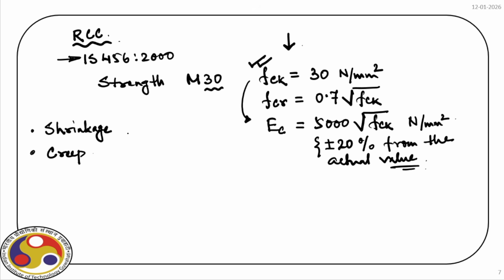So both of them may be detrimental for concrete because both of them can develop internal cracks if not properly designed, and that's why in our design process we have to take care of these two properties of concrete. The first one is due to loss of moisture over time, which causes tensile stress within the concrete, and then creep, which is because of external loading, a constant loading. The deformation that takes place over time is what is called creep.